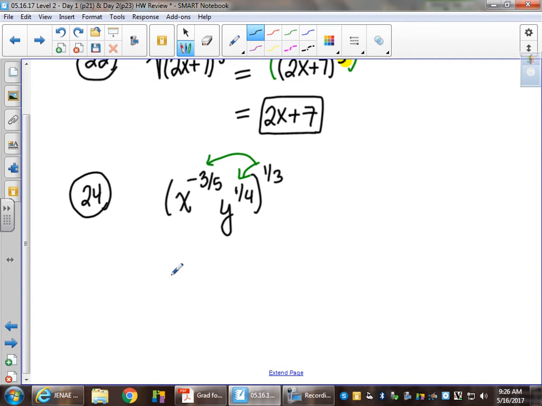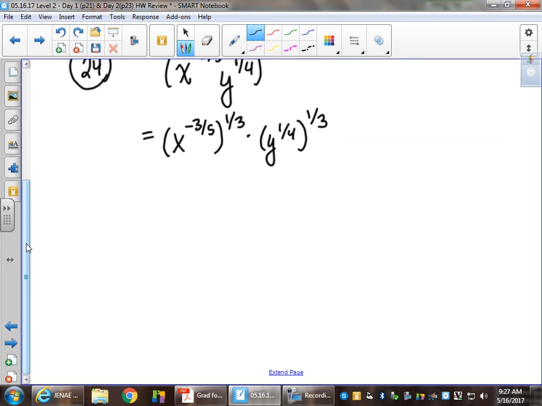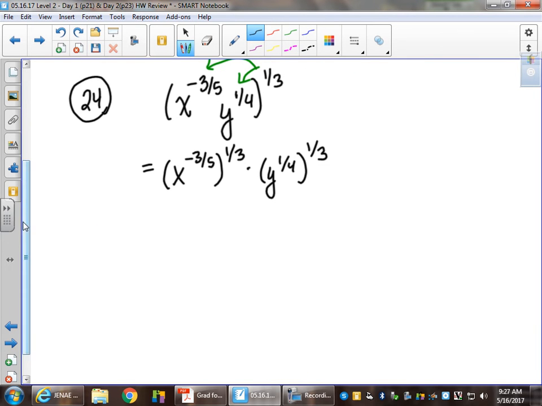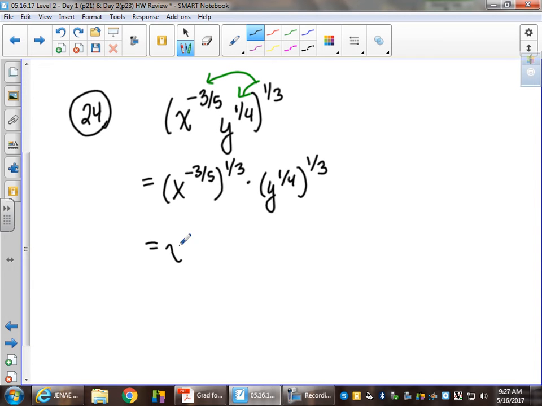In the video, for the notes, I talked about how you can give your brain an in-between step and actually write it out first. Did I actually do any multiplying yet? No. To multiply fractions, do I need a common denominator? No. Just multiply across. So negative 3 times 1? Negative 3. 5 times 3? 15. Here, y to the